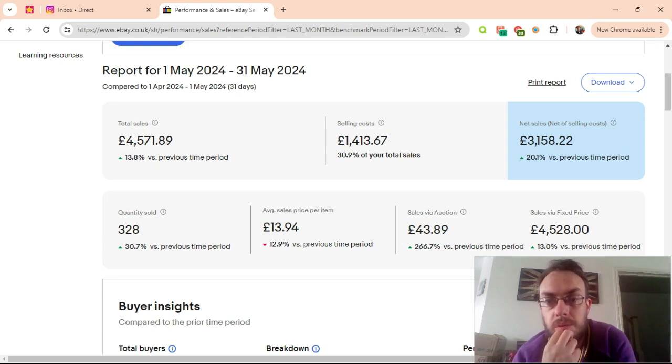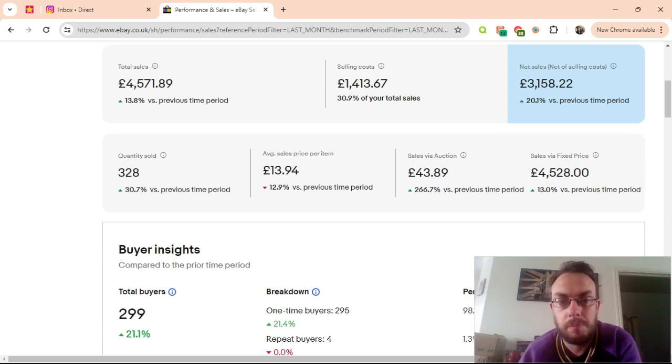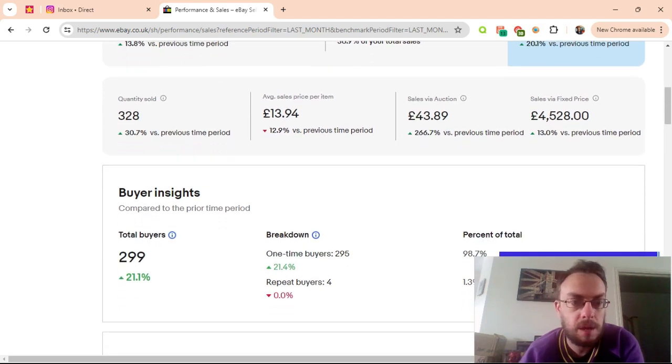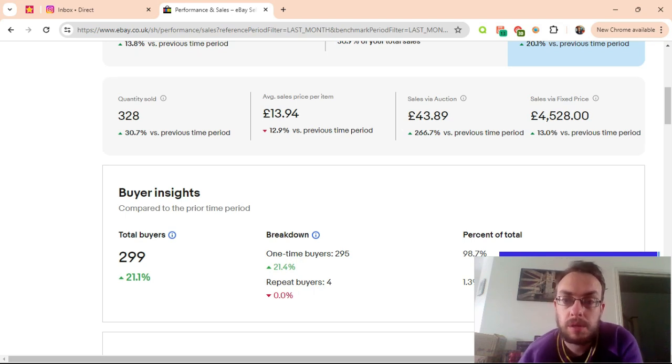The net sales was 20% up. That's net of selling costs as well. So another pleasing figure to see. That means I've made more money ultimately. We also saw an increase in the number of items sold, which went up to 328. I think that was in part driven by auction sales, because they increased